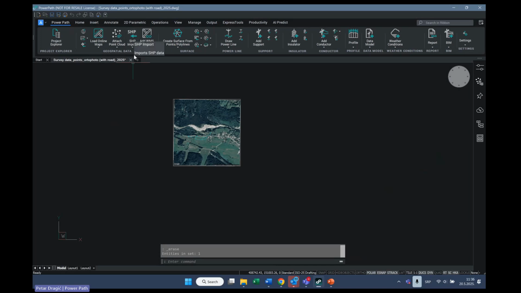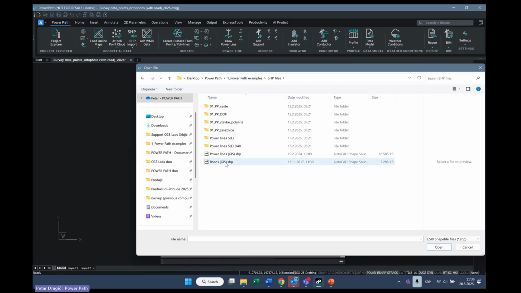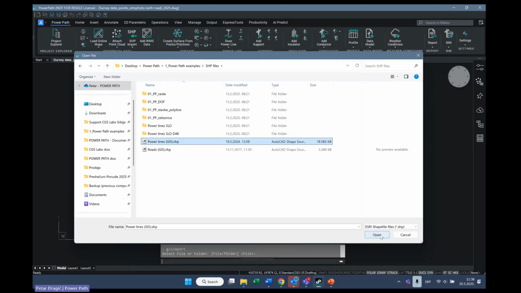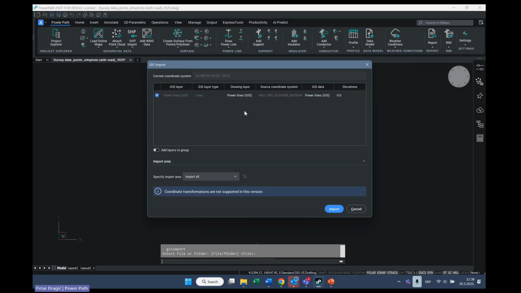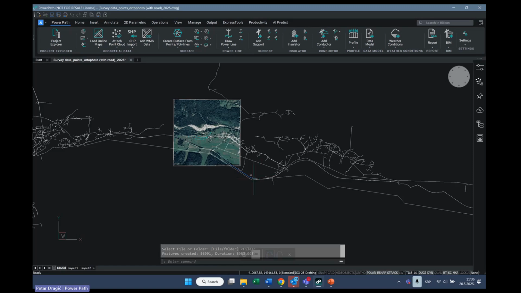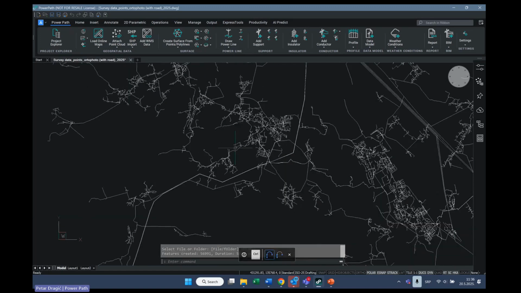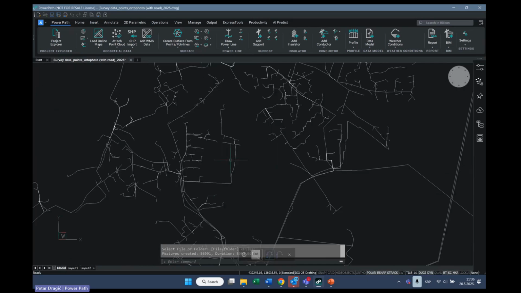From the previous version, we already support GIS data like shapefiles, but let's say I want to import some shapefiles because I want just one area. Let's import shapefiles of my power lines. Press open. Okay, here are the additional settings, such as which layer you want to put it in. I will import it and just wait a few seconds for it to be imported. As you can see, I imported shapefiles, or better to say GIS files, of one part of Slovenia.